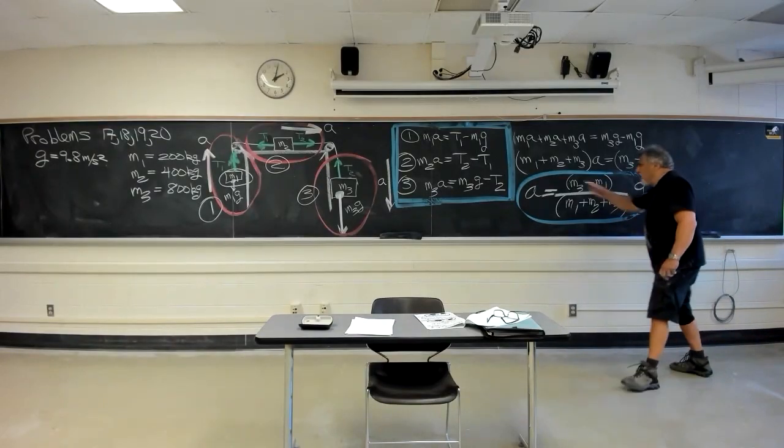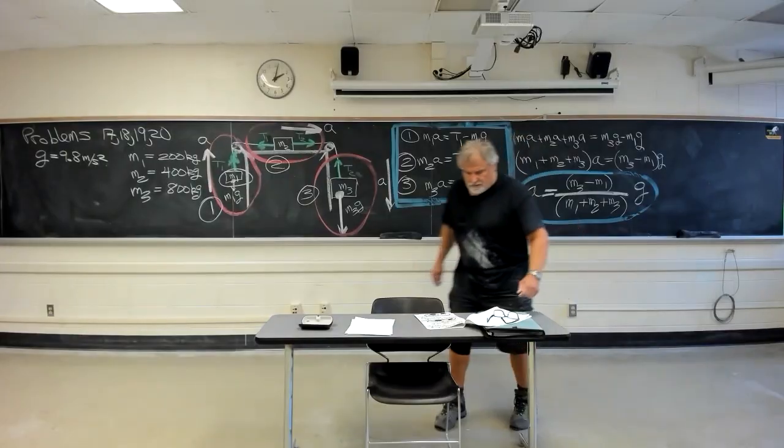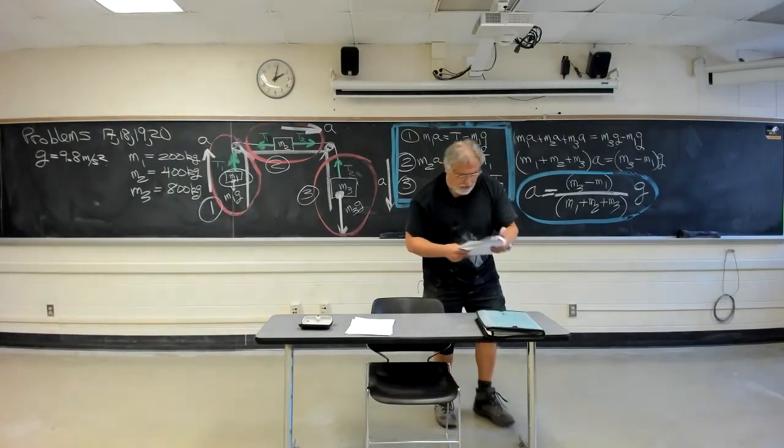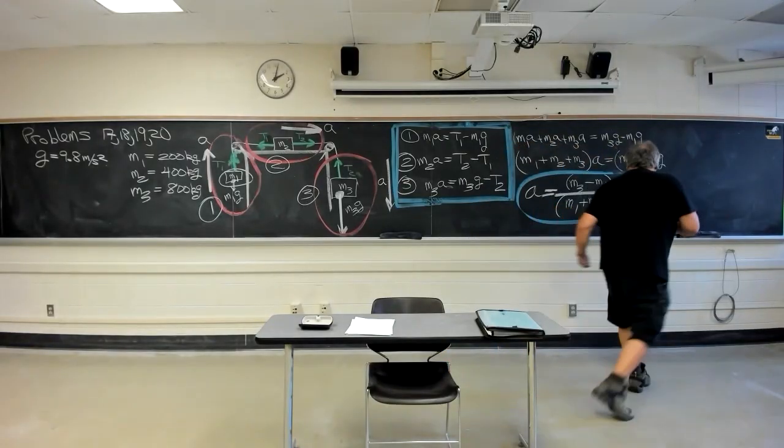So 3/7 of g is what the acceleration is going to be. You just plug in all the numbers and grind it out, guys. So for 17,